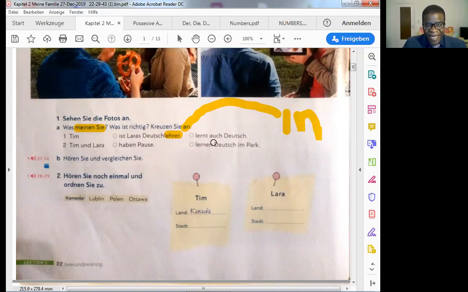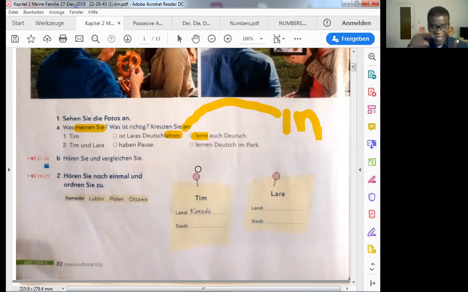Tim lernt auch Deutsch. Now, lernt, this verb, comes from lernen. But why are we saying lernt? It's ending with T. I already mentioned this. Because we are talking about Tim, the reference point. Remember?